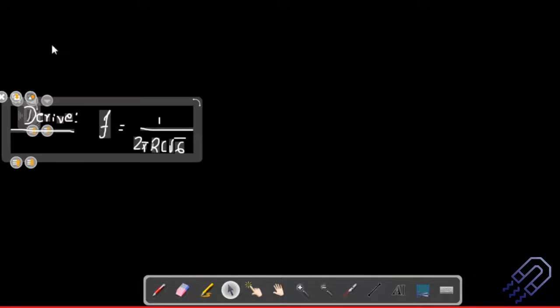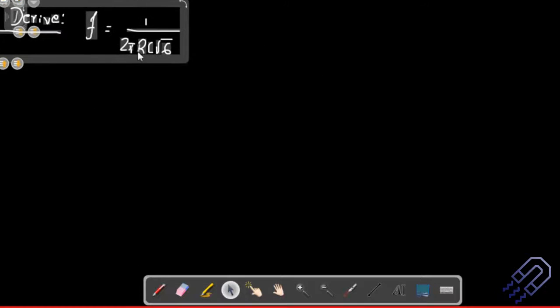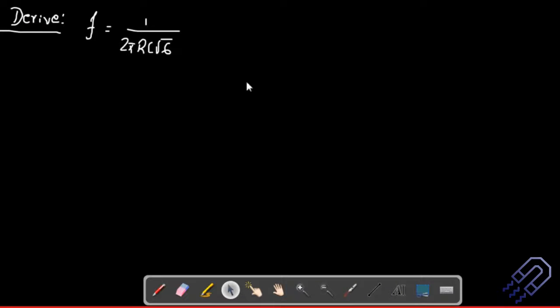So let's take a fresh page here. This is our aim right now. And before that, let's just draw the circuit. We are just drawing the RC circuit. We don't need to draw the top-end part. It's not needed right now. So we have some current flowing across the circuit. We have got the capacitors here.